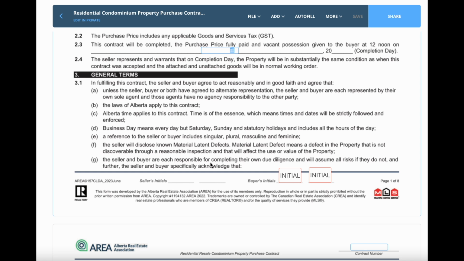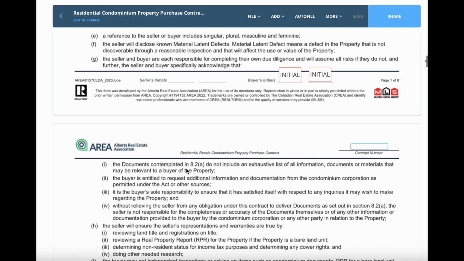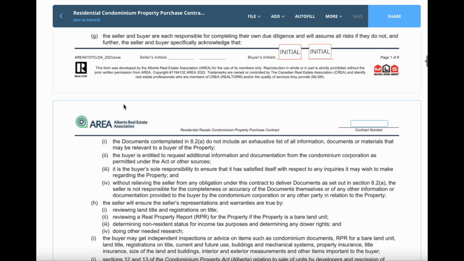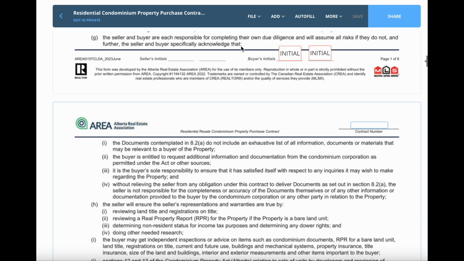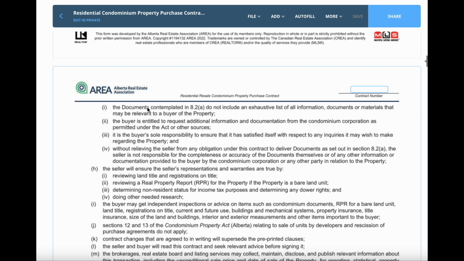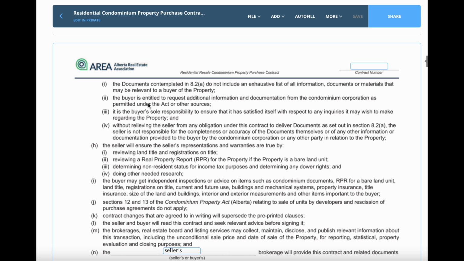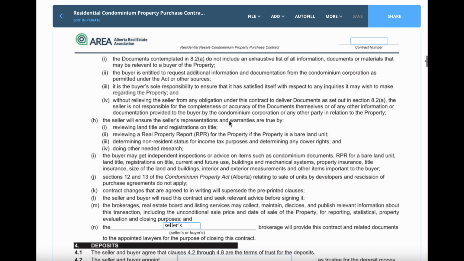And G, of course, everybody is responsible for completing their own due diligence and assuming the risks. Okay? And you guys are acknowledging that the documents, that this refers to the condo documents, may be relevant to purchasing this property, and that the buyer can request additional information and all of these things. So it all comes with the due diligence that your agent or myself should be able to help you with. And then the seller ensures that the representations and warranties